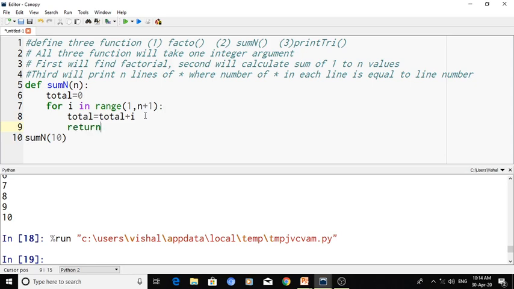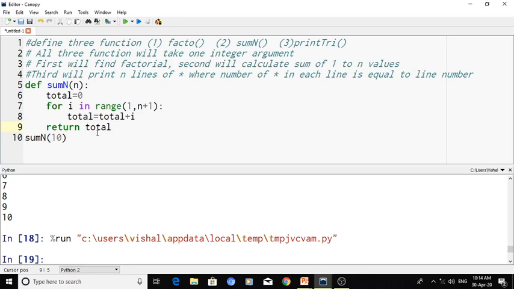Now total has been calculated, so I will write return total. But if I write it here inside the loop, it will not be a correct program. When the final total is reached, I will write return out of this loop. When the total is calculated and we come out from the loop, then we will return the value.